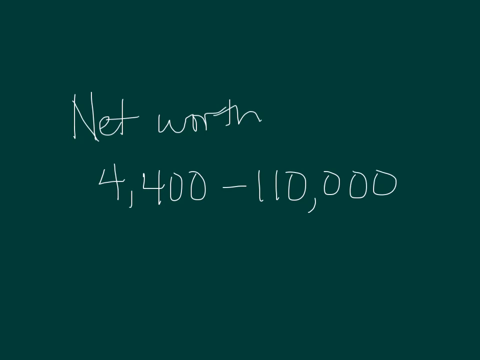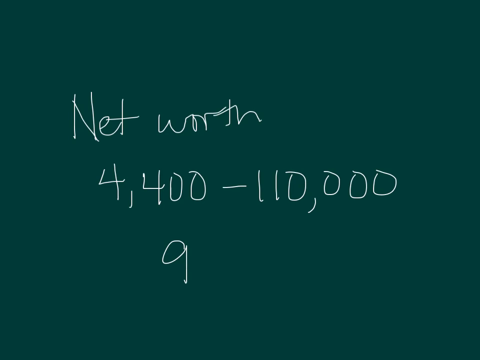You can already see this is a negative net worth, and we're going to find the value of their net worth by subtracting $110,000 from 4,400, which in that case we would get negative